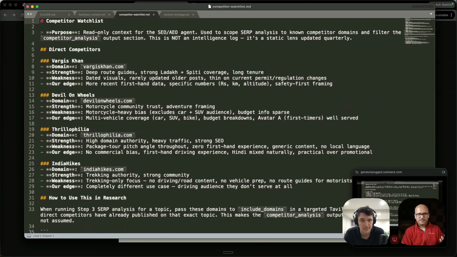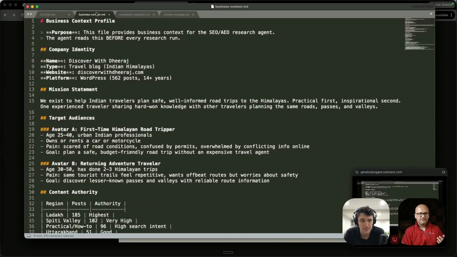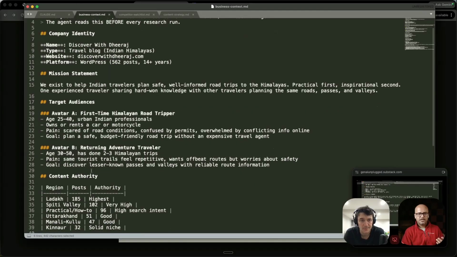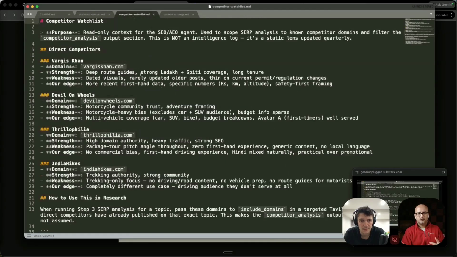Then this is the competitor watch list file. Although we have mentioned the competitor names over here, there were no URLs. So how would my AI know which to search? It would rely on probabilistic data, right? Unfortunately, it is my own brand, which I renamed back again. It has mentioned it as a competitor, so it should not have, but I think that's a mistake on my part that I allowed it to go over here.